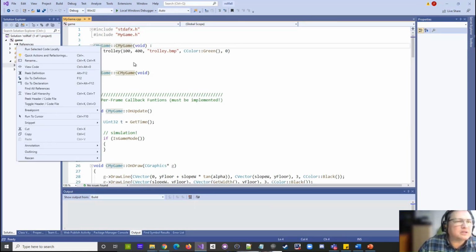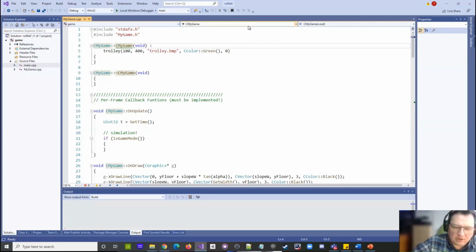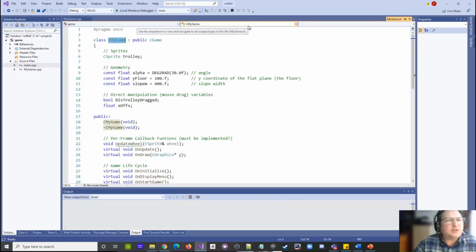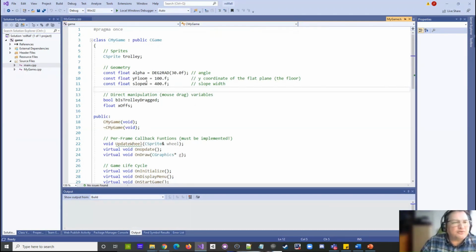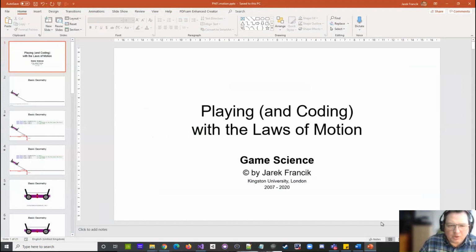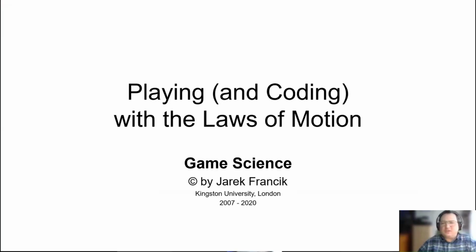My game class, F12, that's the definition of my class. So you can see a few additional variables here added. So first of all, I have the sprite trolley, the sprite called trolley. Then I have a definition of geometry, but to explain what happens here, I have a couple of slides for you. All right, so I will explain some concepts behind this code using PowerPoint slides,